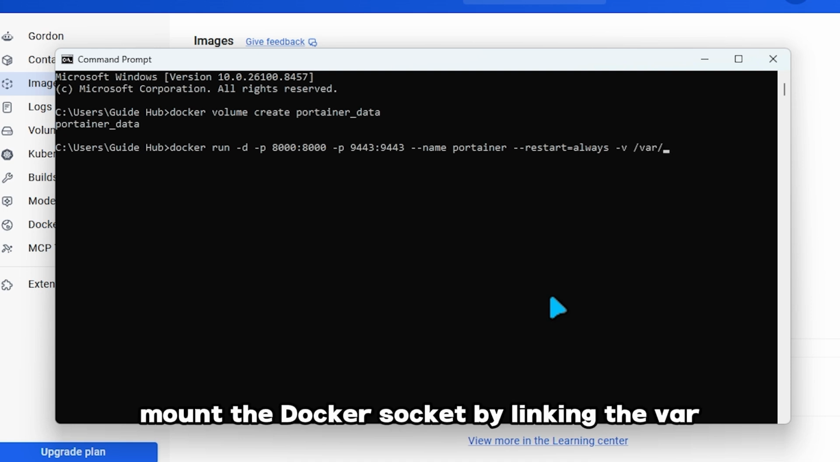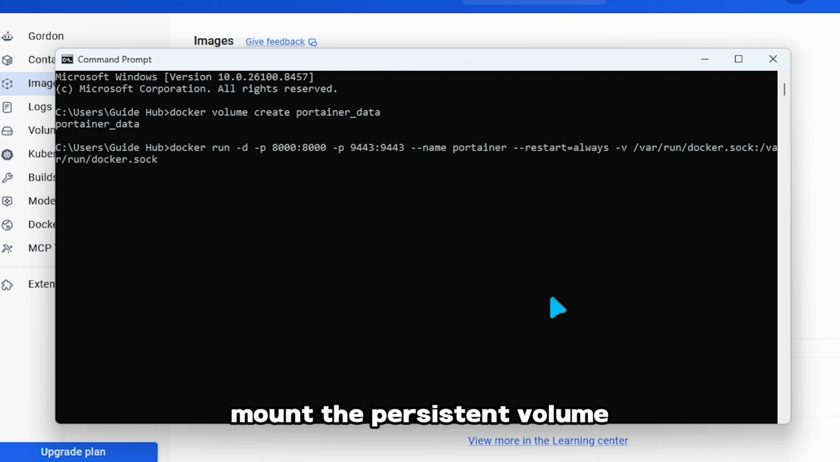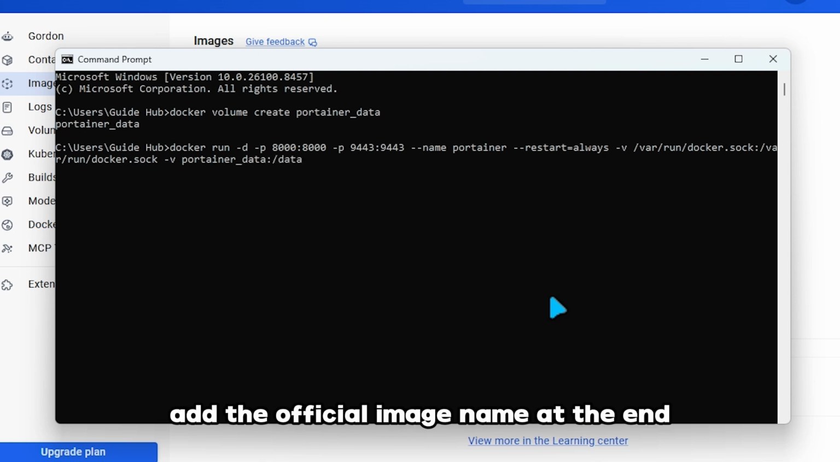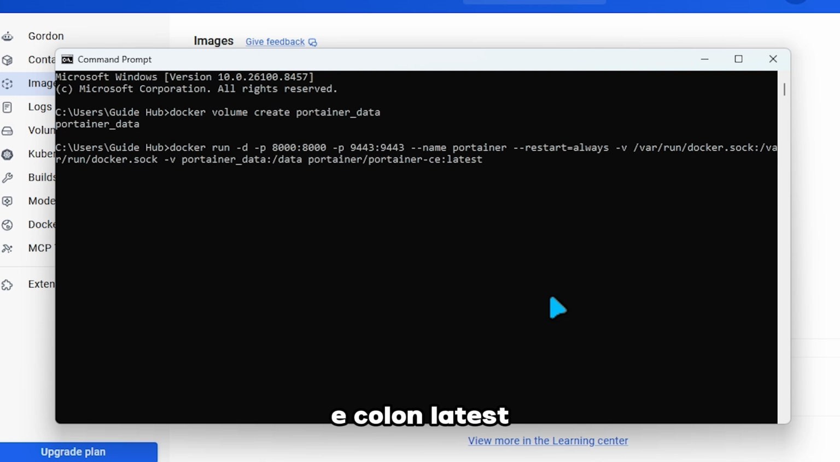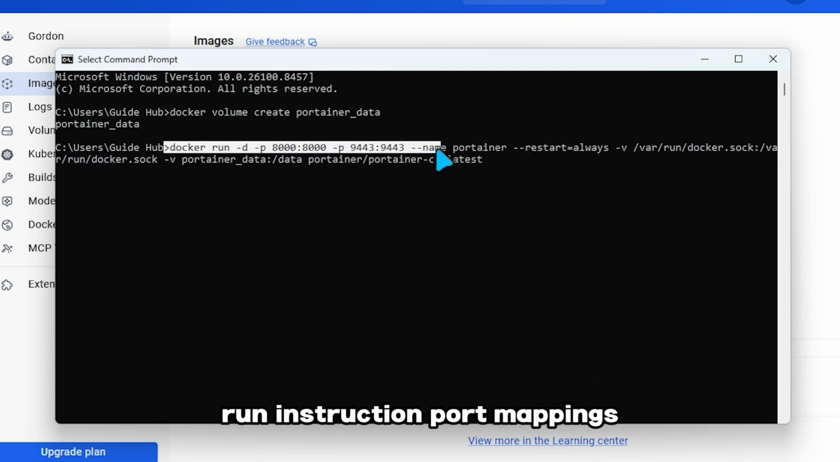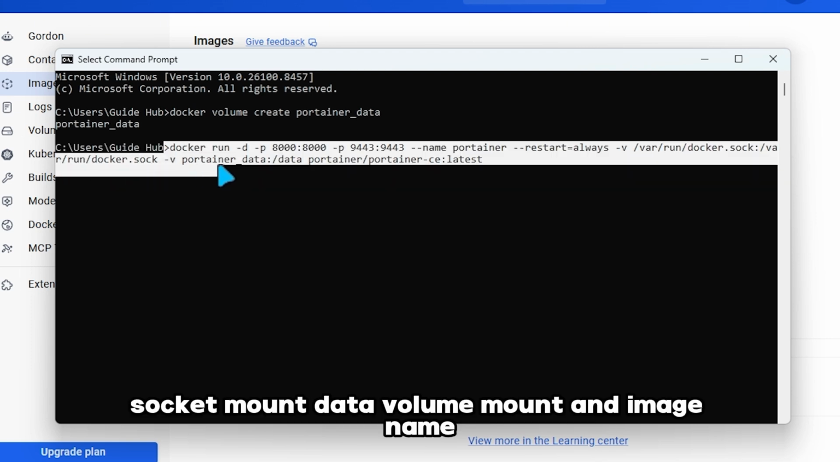Mount the Docker socket by linking the var run docker.sock path directly to the exact same internal path. Mount the persistent volume by linking your Portainer_data volume to the internal data folder. Add the official image name at the end, which is Portainer/Portainer-C:\latest. Your complete command perfectly combines the detached run instruction, port mappings, container name, restart policy, socket mount, data volume